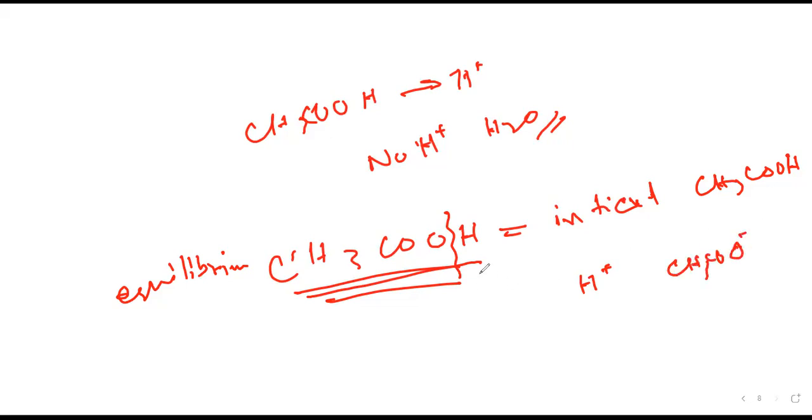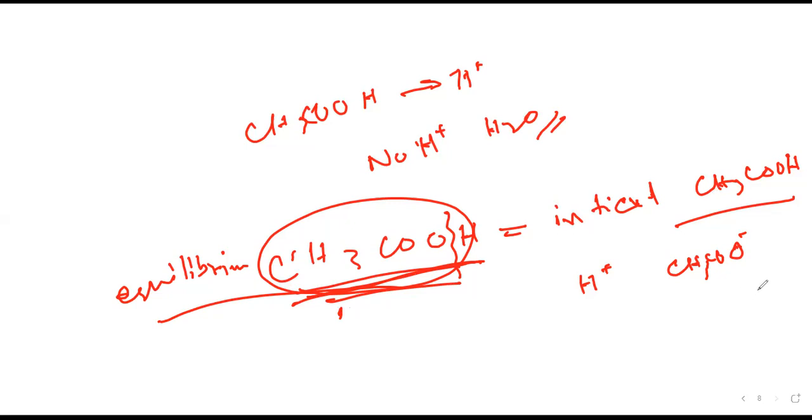Now, if we consider that equilibrium and initial CH3COOH are equal, then where did that used up CH3COOH go? And since we don't know actually how much CH3COOH is used up and how much is remaining at equilibrium, we actually need to consider